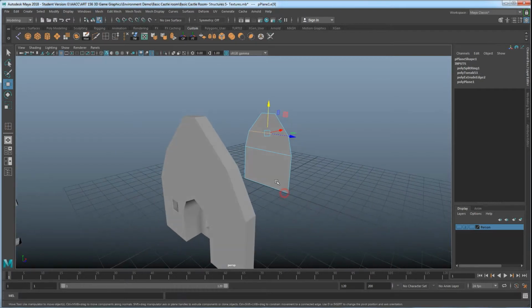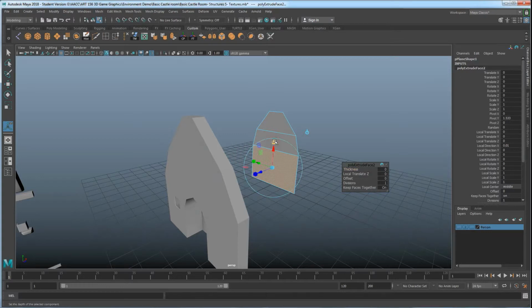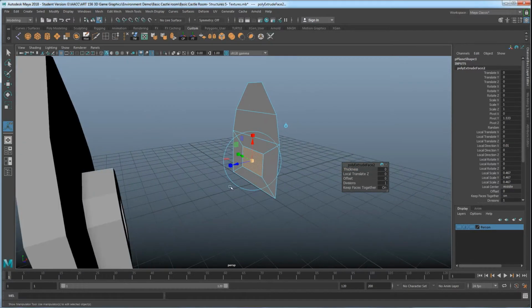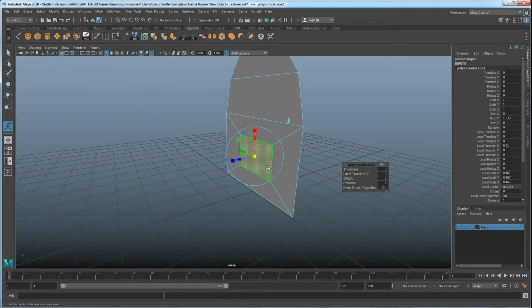Let's say I want to put the window in there. I can go back to face mode and Control E for extrude, click on that and scale that in. I've scaled in all directions. I want to put this on the ground though, so I'm going to